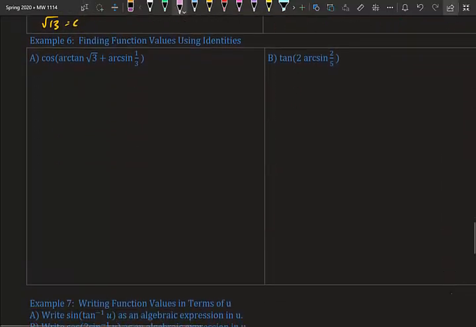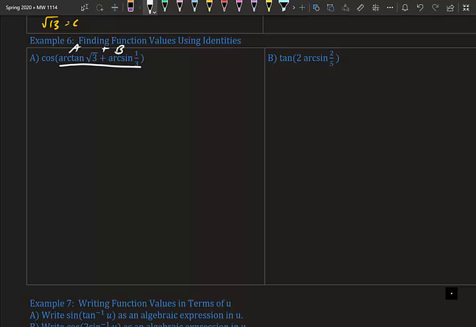Alright, let's find function values using identities. This is where it gets real fun. So we want the cosine of whatever arctangent square root of 3 plus arc sine 1/3 is. So the first thing we're going to do is just talk about the parentheses, and then we'll figure out whatever cosine means. So we have cosine blank plus blank,